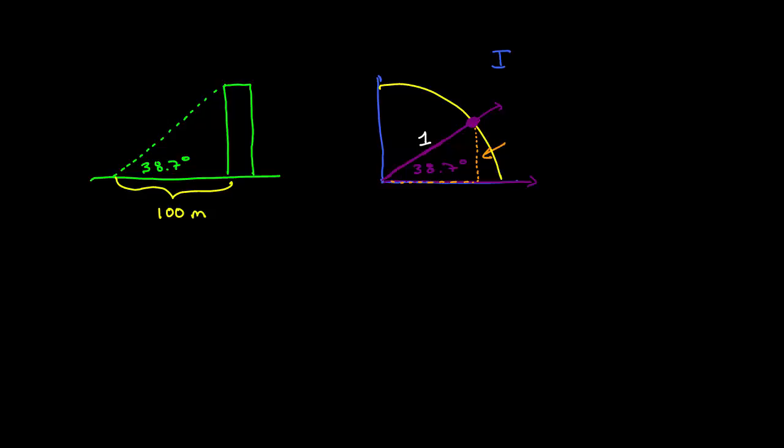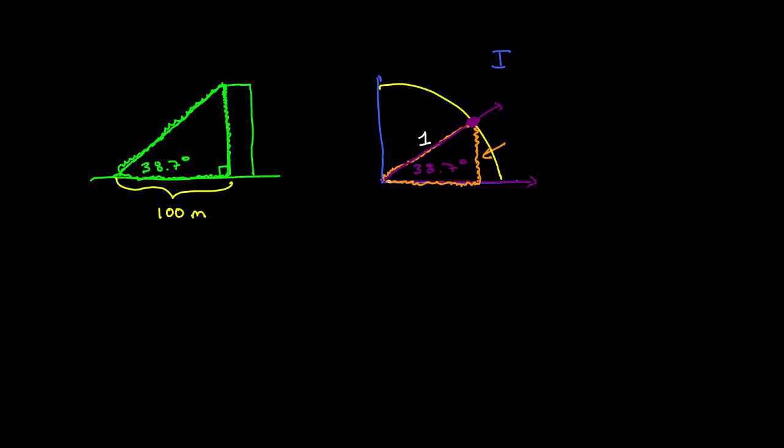I also want you to notice that I have created a right triangle inside here, assuming that the building is completely vertical, and let's hope that it is. Over here I've also got a right triangle,